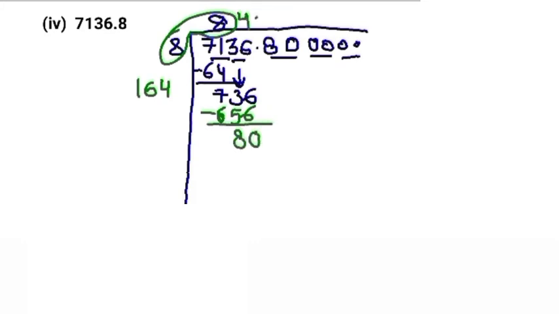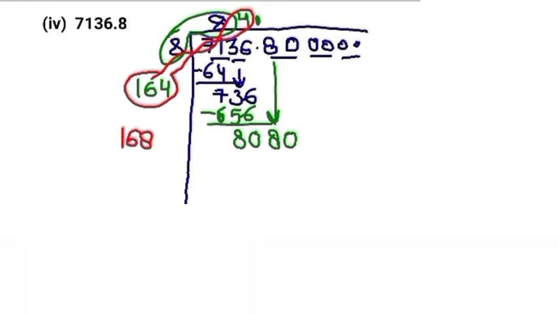Now you have a decimal point, so put the decimal point here, copy down the next pair, 80. Add this 164 and this 4, it will become 168. Take 4 and multiply by 4, it will become 6736. Subtract: 10 minus 6 is 4, 7 minus 3 is 4, 10 minus 7 is 3, 7 minus 6 is 1.